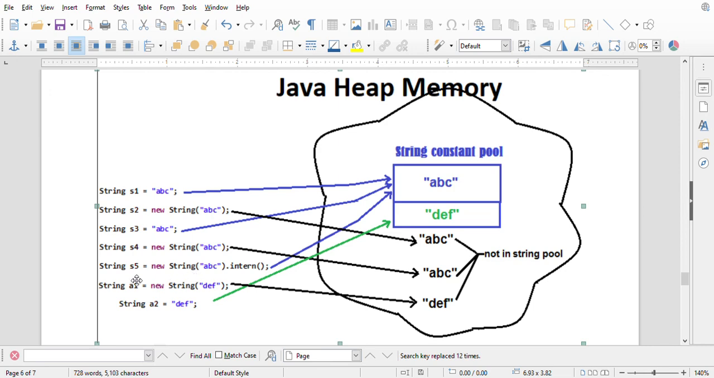Then when we are saying string s5 is equal to new String abc dot intern, it will point to the string constant pool, right? Because